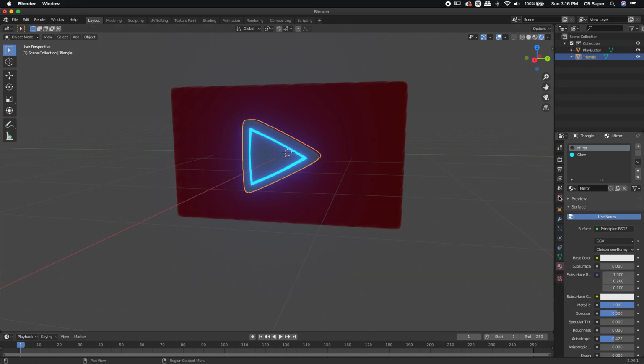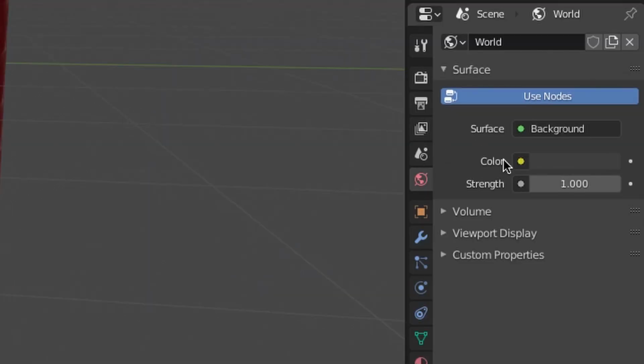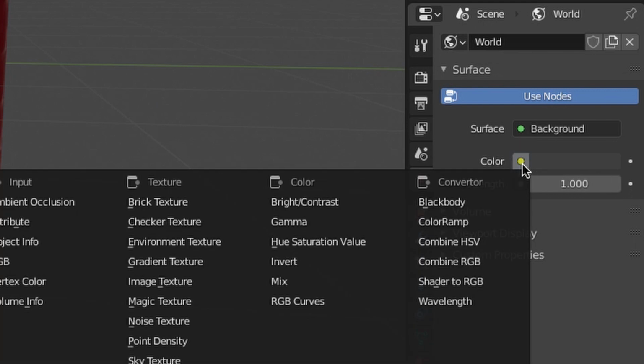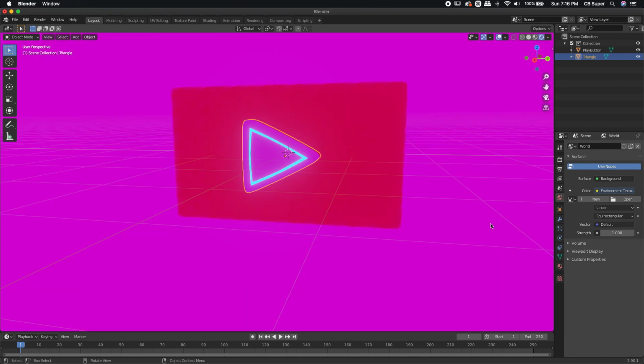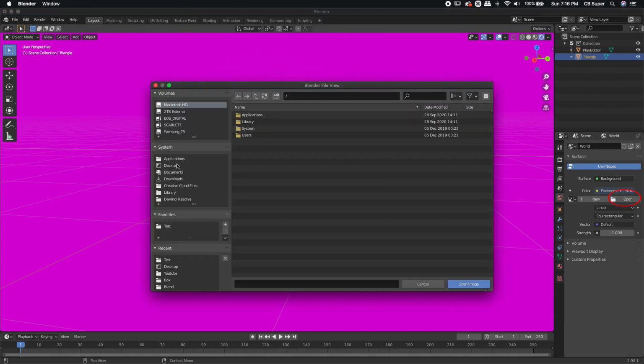Now to do that, we can come over here to the world, and where it says color, I'm just going to left click right there on that dot. And I want to use this environment texture. So I'm going to left click on the environment texture. You see it's pink. That just means that there's no HDRI or image that has been loaded in there. So we're going to have to use this open command, left click on open, and just go find an HDR